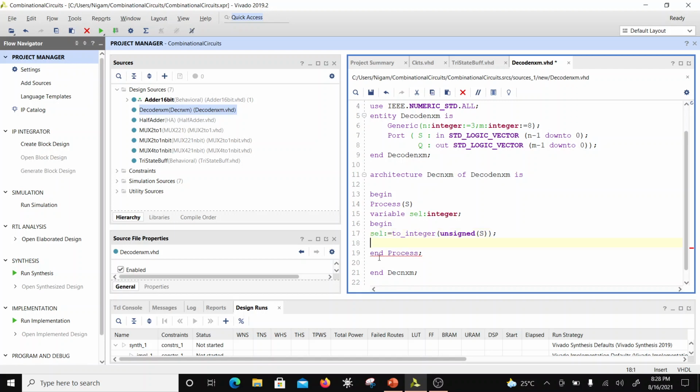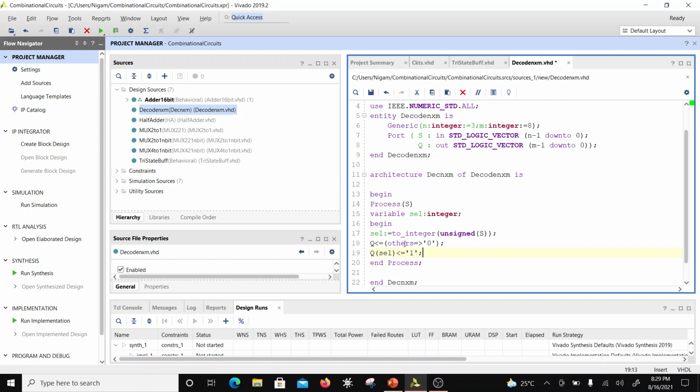So this will return me an integer value in select, and then I have to assign everything in Q. So simple assignment is allowed here, and I would say others, and it is assigned everything as 0. Okay, now I can take a specific value which is the selected value of line, and that is assigned 1. Okay, so you see here